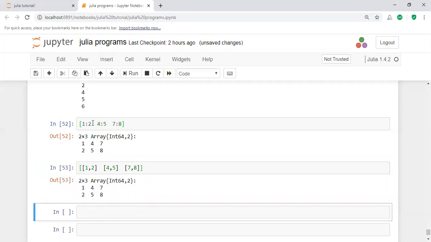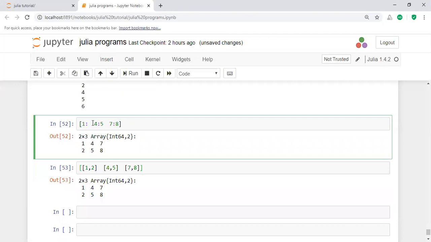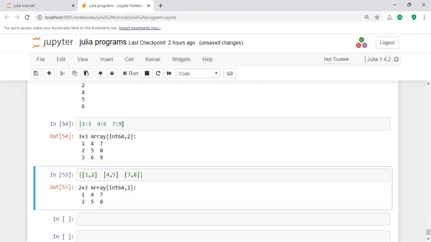If you want to represent 1 to 2 letters, and then 4 to 6 letters, and then 7 to 9 letters, how can you represent this value? It is a 3 by 3 matrix. The first case is 3 elements, the second case is 3 elements, the third case is 3 elements. These are represented as range values.